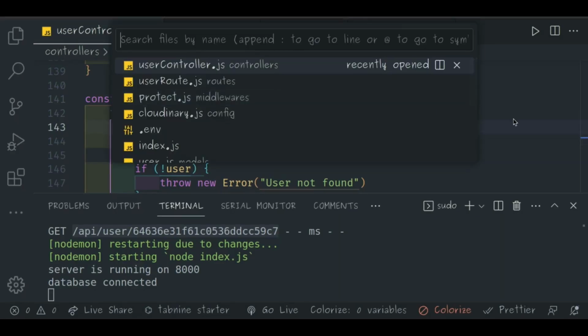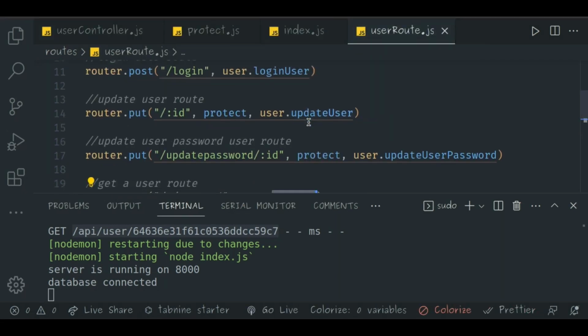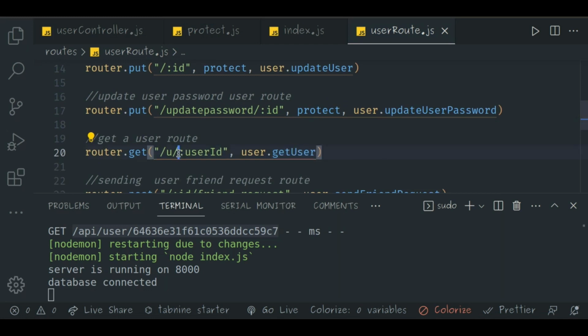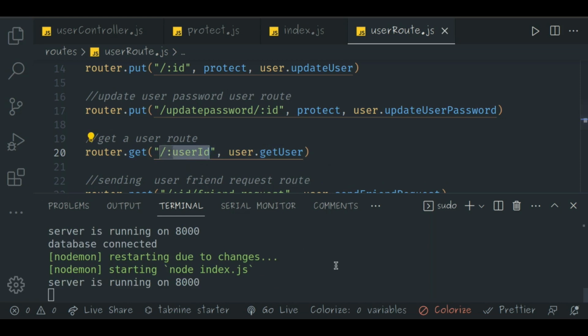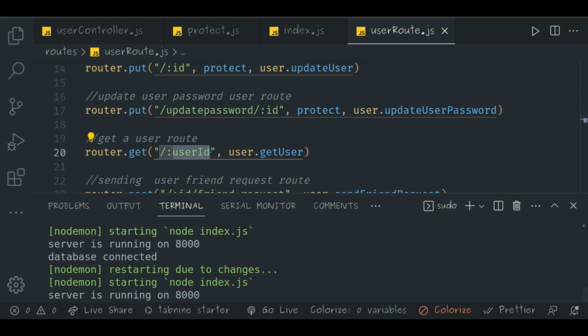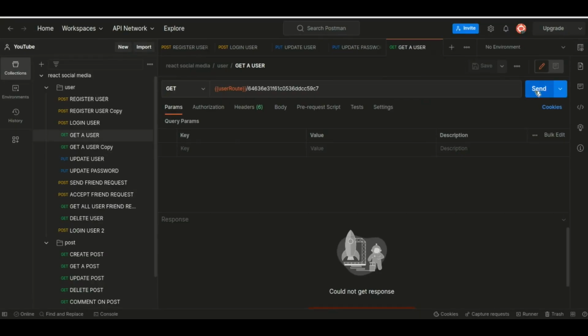Or inside of my routes, user route, get a user. Okay, so this is where I had an error. Actually this route is not found. So let me put it like this, user ID. Connected. So if I now send again,